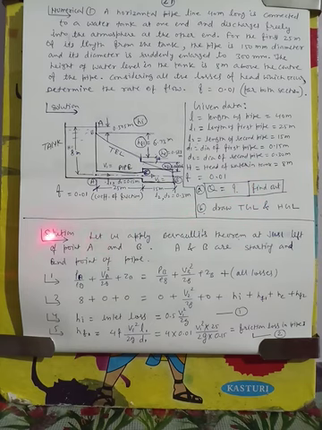So let us see how to solve the problem. We will apply Bernoulli's theorem at, suppose this is the point A and this is the B. A is the starting point of the pipe, and B is the end point of the pipe. So we will apply Bernoulli's theorem just left of point A and at B. Let us apply Bernoulli's theorem at just left of point A and point B. A and B are the starting and end points of the pipe.